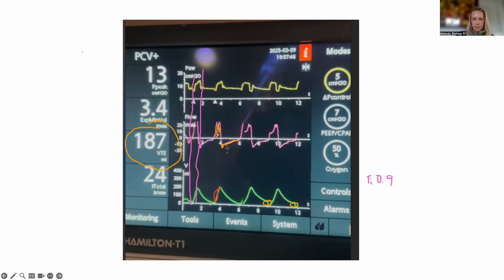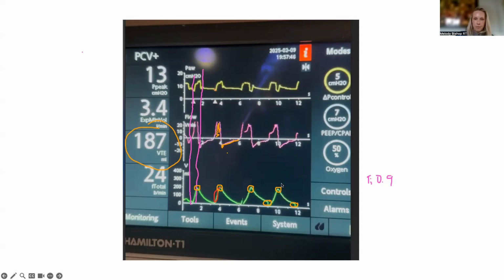I don't know if this is an adult or a child. It was an adult, right? So this is kind of low, right? And you're getting differing amounts of volume per breath. So what that can mean is, is the patient breathing differently in each breath? Is there auto peep that is then sacrificing the compliance, making the compliance low?